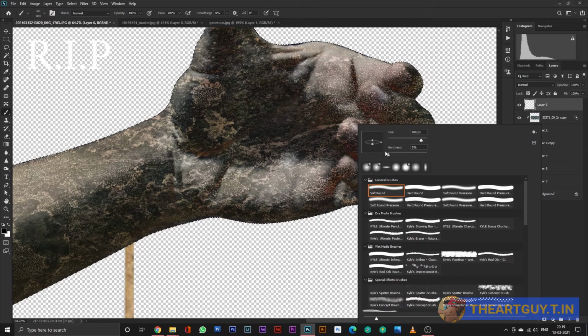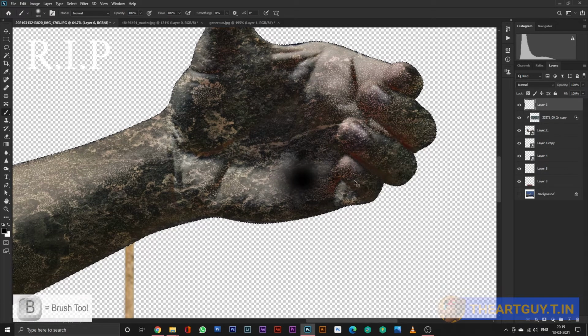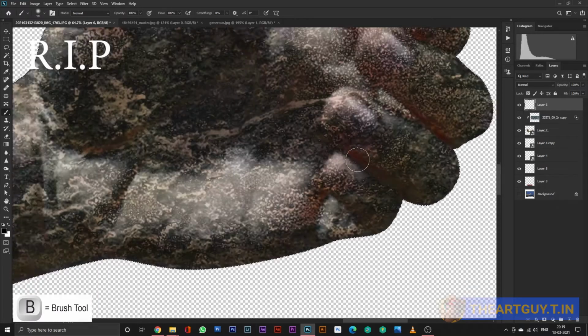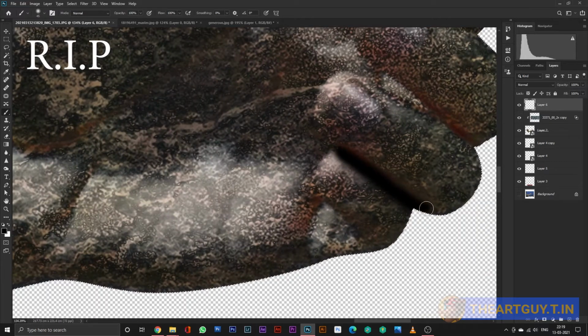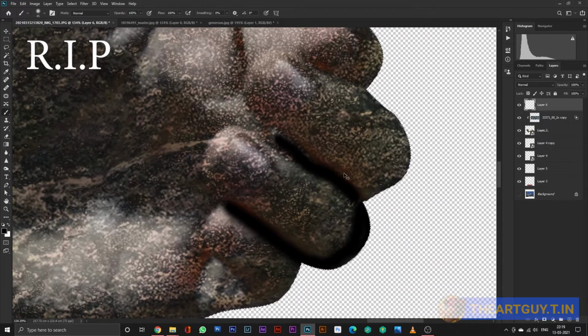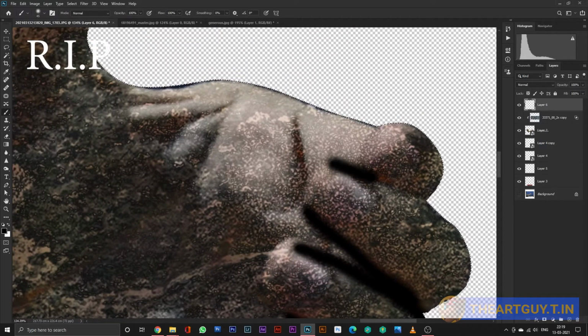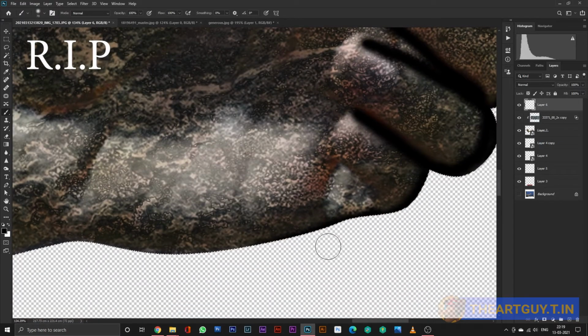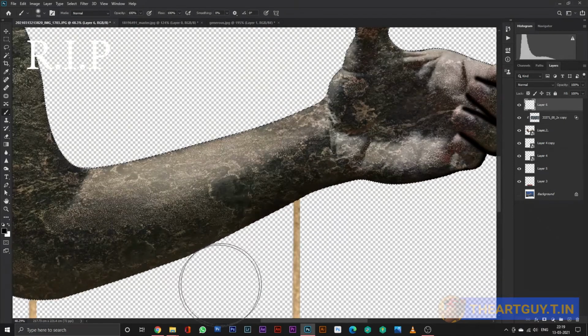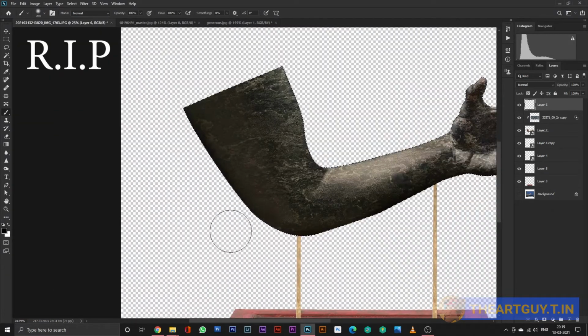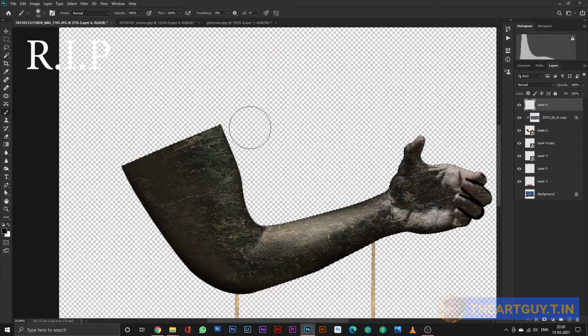I actually used a brush tool to set a little bit of highlight on the whole object so it would look nice, I guess, and it would have a depth of a hand, where we are actually going to place a cup inside the hand, not a cup, a glass.